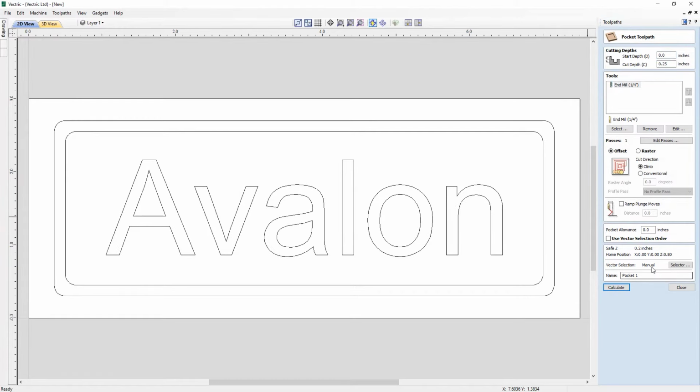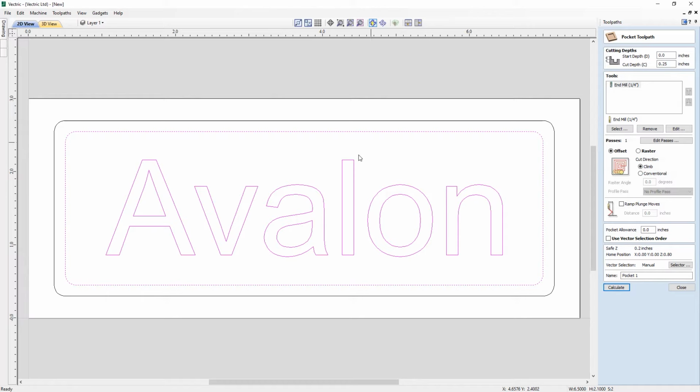So first off, what we need to do is tell the software which vectors we want to create our pocket from, in which case we're going to take this inner border. Whilst holding down the Shift key on your keyboard, we're going to select the text. It's going to look at machining everything in between this border and the Avalon text. And so coming over to the Pocket Toolpath form, let's have a look at everything in here and we'll